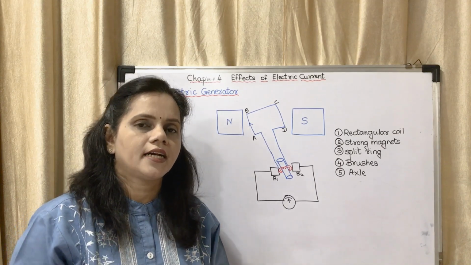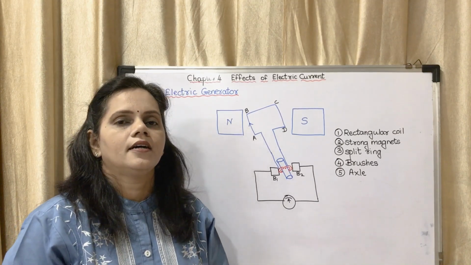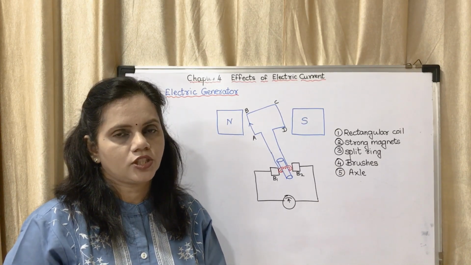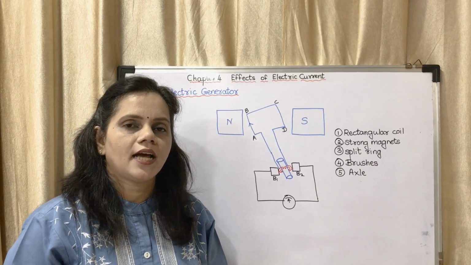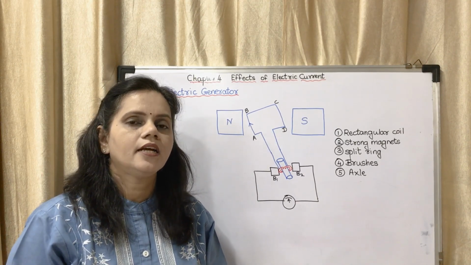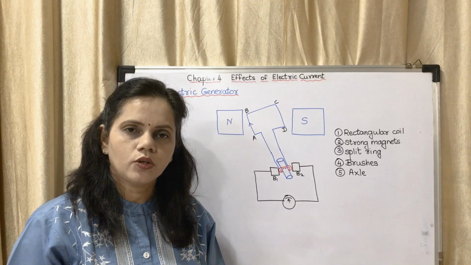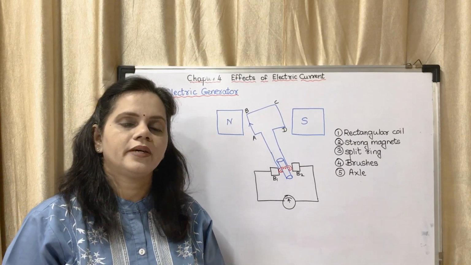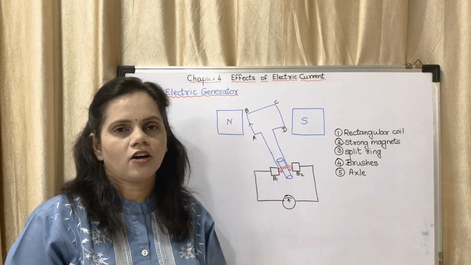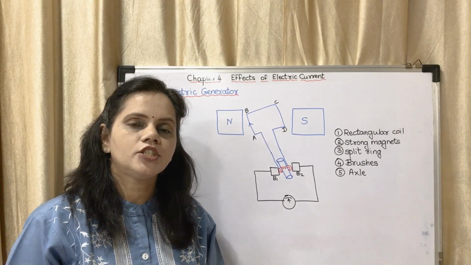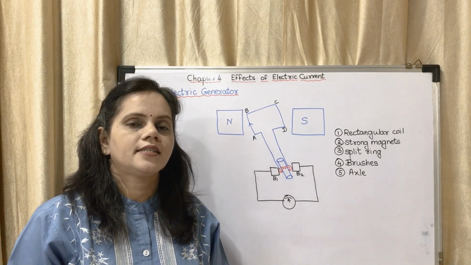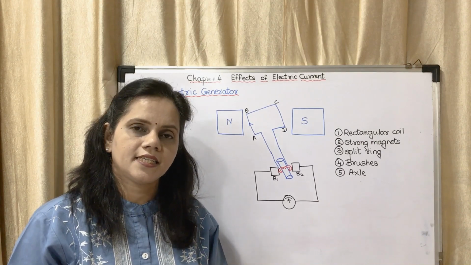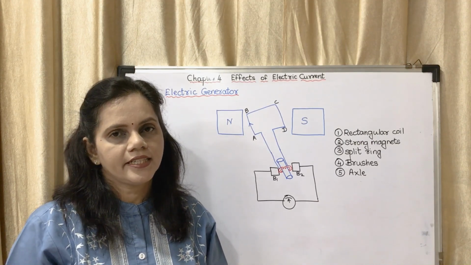For the DC generator, you have only one question in your textbook exercise. The explanation has not been given exactly in your textbook, but you may write it according to the notes provided. In the notes there is an answer; you may write it and learn accordingly. So we have finished the chapter: the working of the electric motor, the electric AC generator, and the electric DC generator.